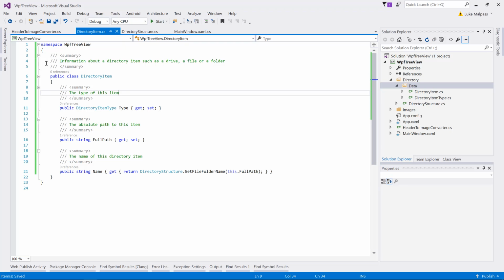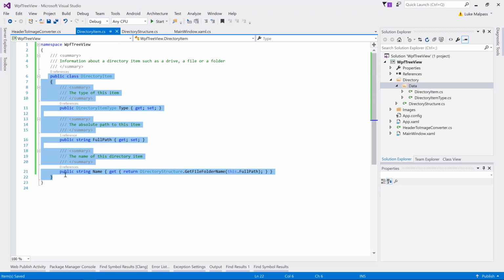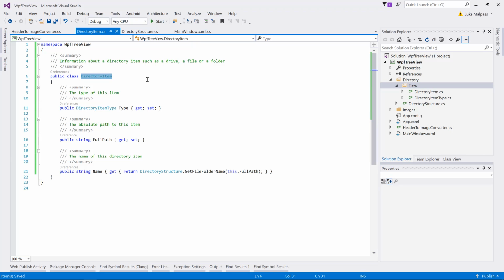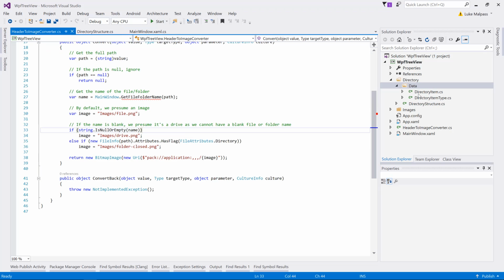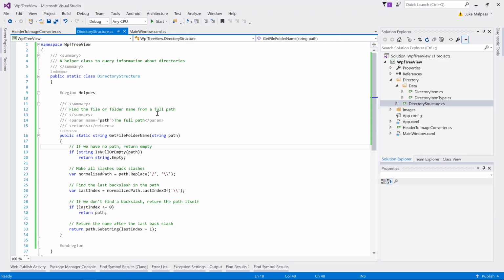And that's really it. So that's now a data object, if you will. That's pure data about a directory item. So when we query all of the information, this is what we want about each item. We want the full path, the name, and what type it is, and that's enough. So we've got a directory item, we've got a directory item type, and then the structure now,